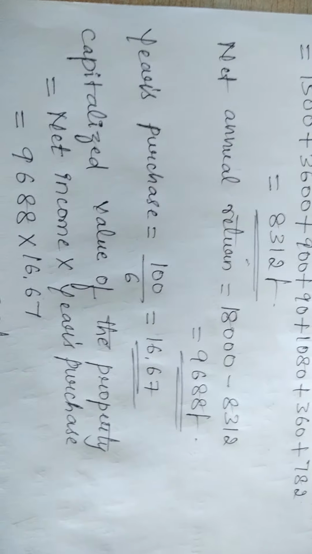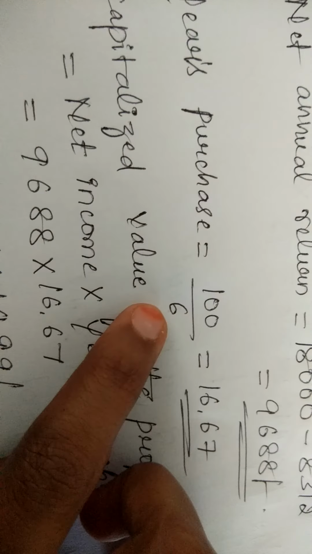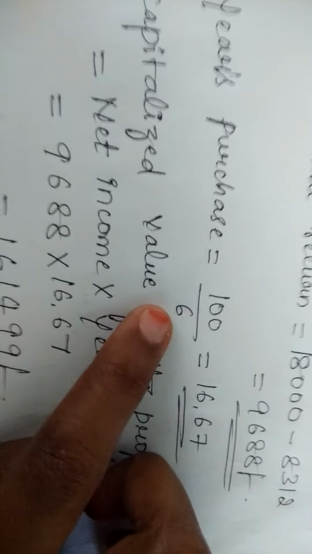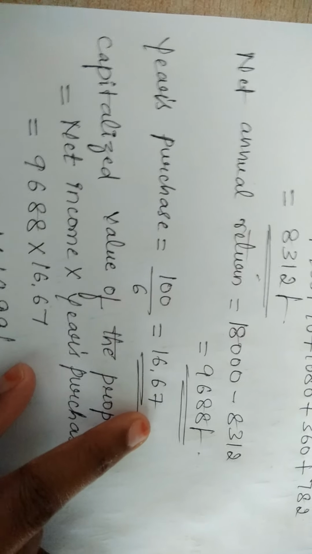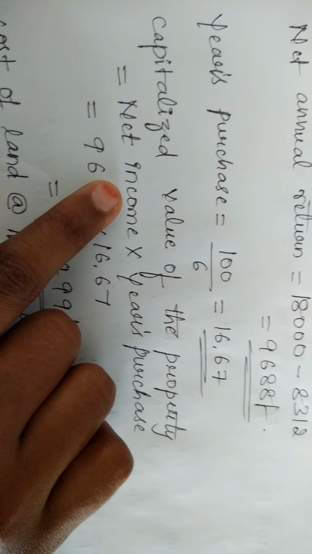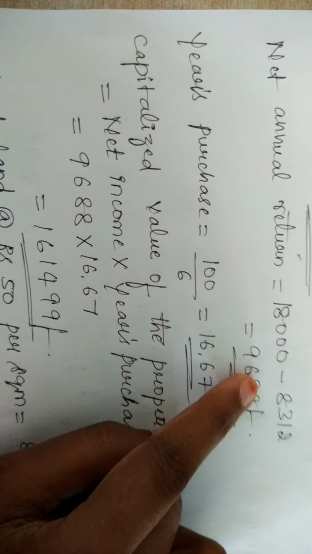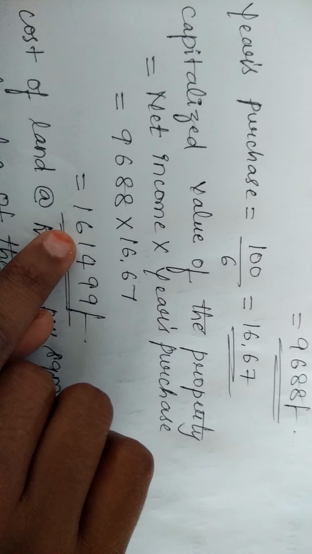Similarly, years purchase. The total percentage is 100%, and in the question itself it is given that the capitalized value has to be taken as 6% of the net yield. So on dividing 100 by 6, we will get a value of 16.67. Now the capitalized value of the property will be found out by multiplying the net income into the years purchase. The net income is 9,688 rupees into the years purchase 16.67, and you will get a value of